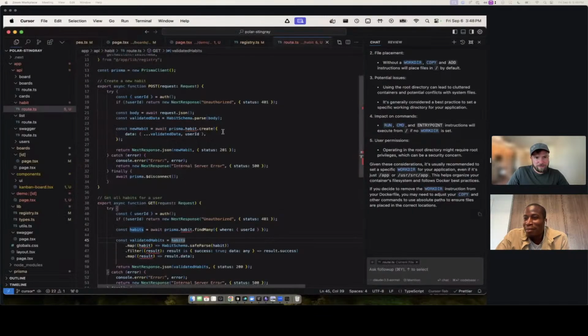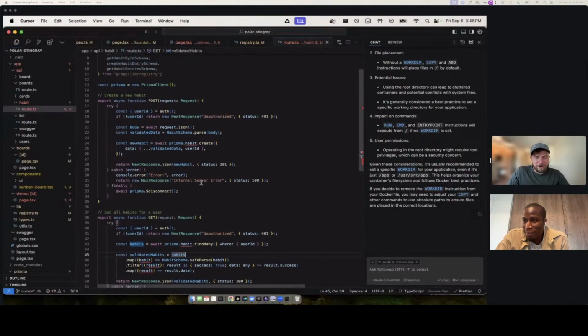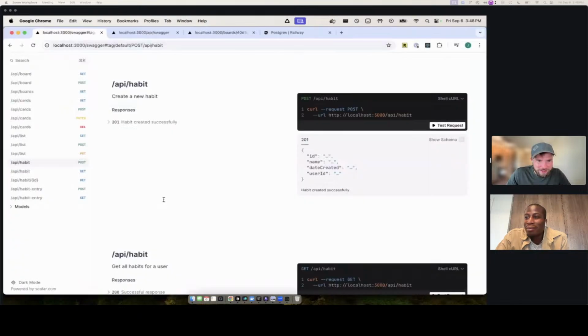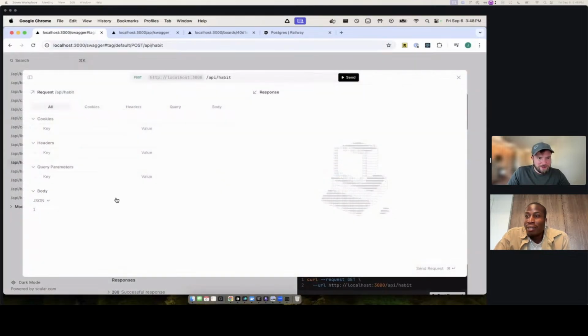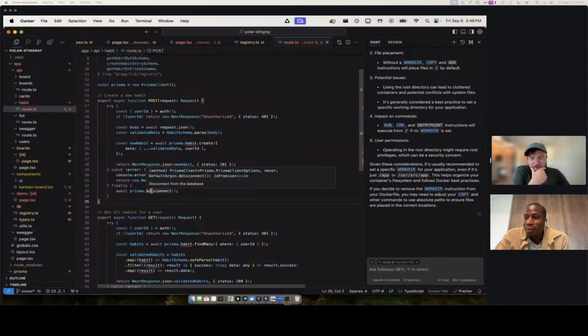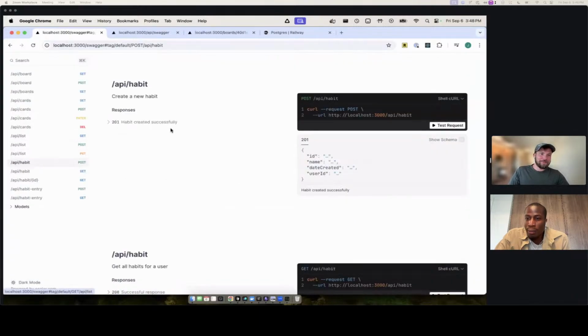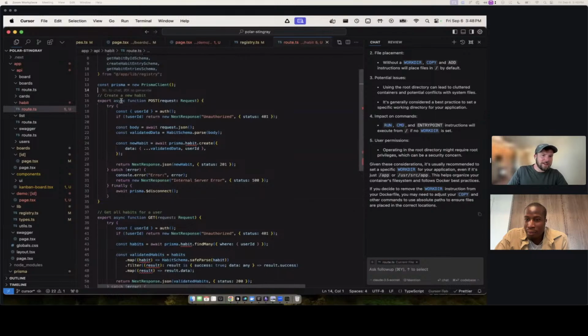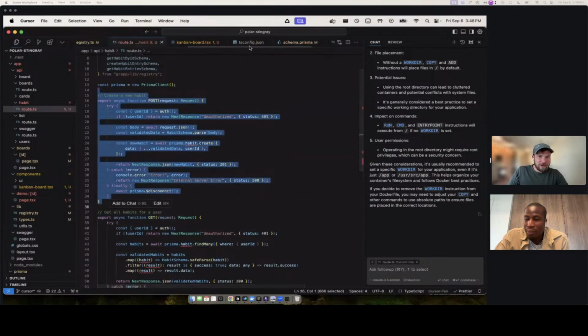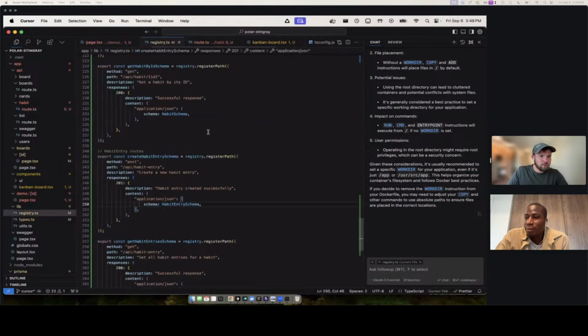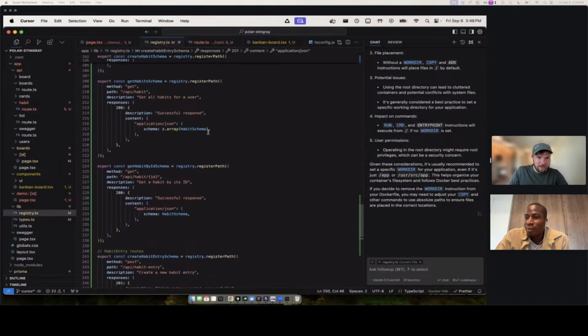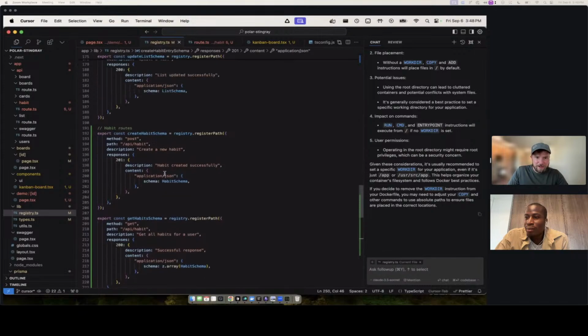Oh, why? All right, this is where not fully paying attention is going to make it a little bit harder. Body. No, it needs that data. I wonder why. We should actually have the whole body definition in there, but it's not for some reason, and I'm not sure where I went wrong in the workflow. So the next step here would be to make sure that this is cleaned up, and make sure that the registry actually created the route definitions the way that I expected them to. I'm not 100% sure if it did or not.